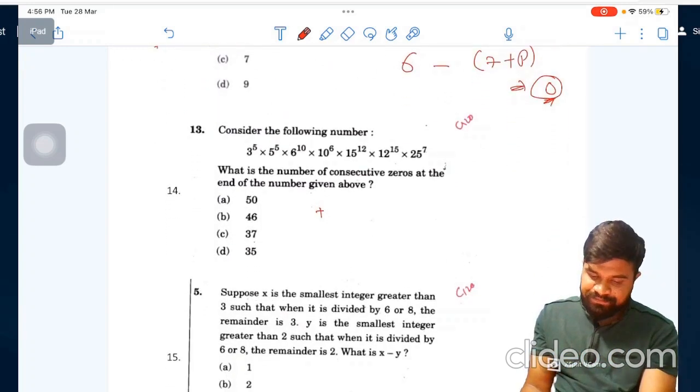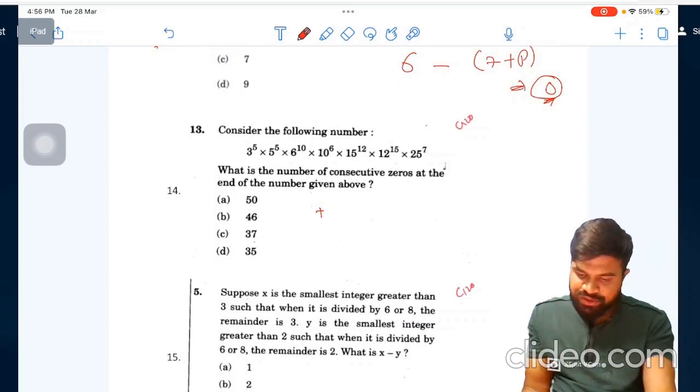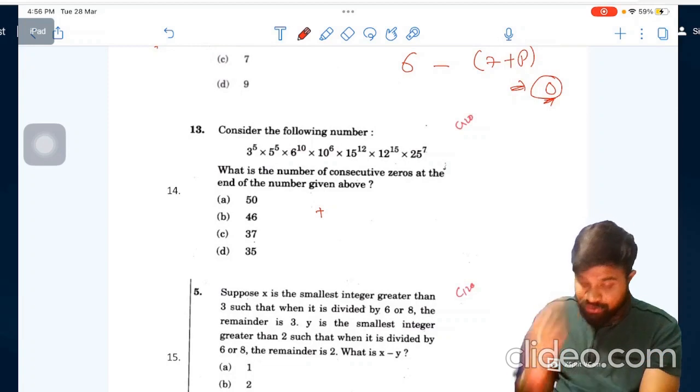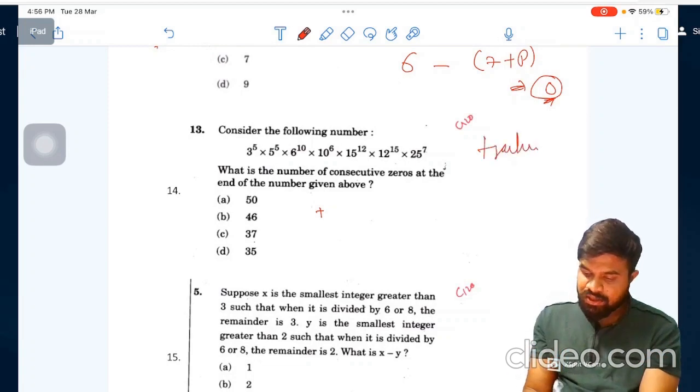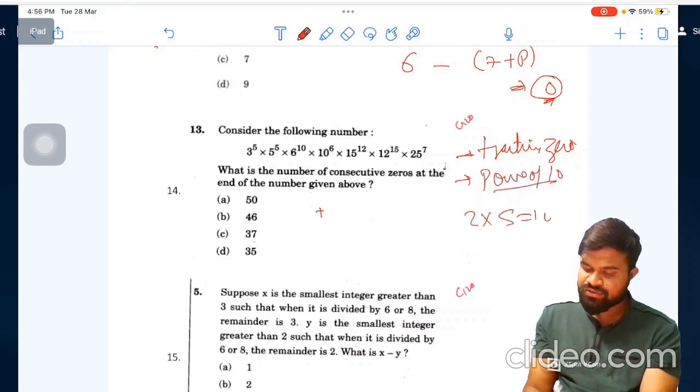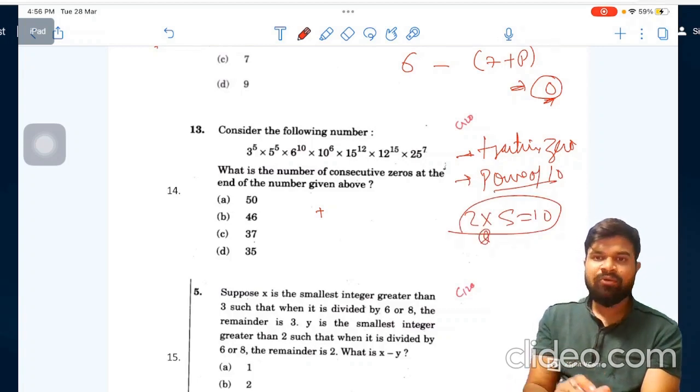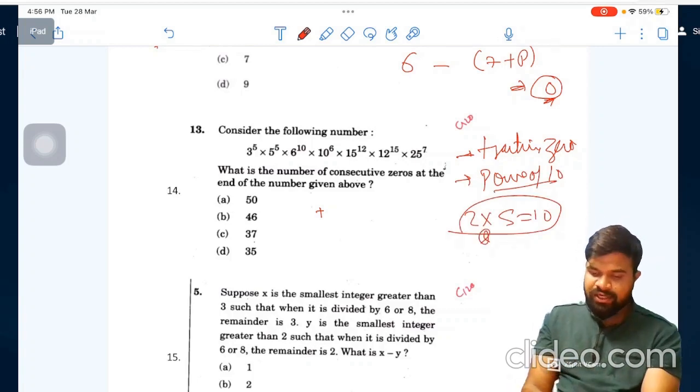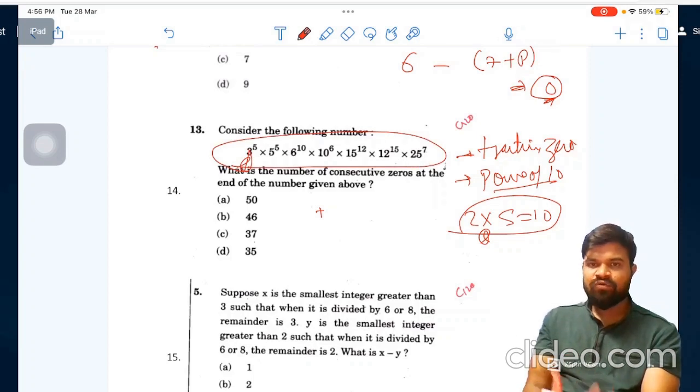So okay, now for this question, for the trailing zeros, as I've already told you, or maybe you may say power of 10, the single thing is that 2 into 5 is equal to 10. So it is the same concept as the power of prime. You just need to prime factorize all these composite numbers, find the power of 2 and 5, and whichever power is minimum,